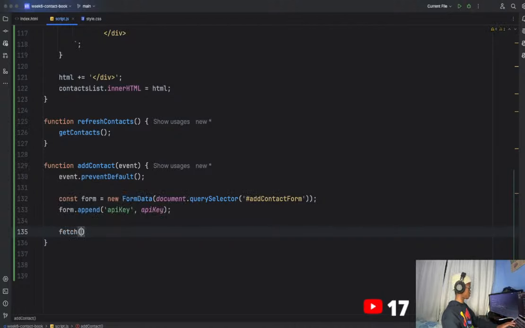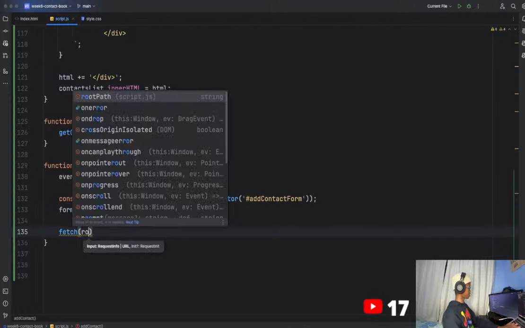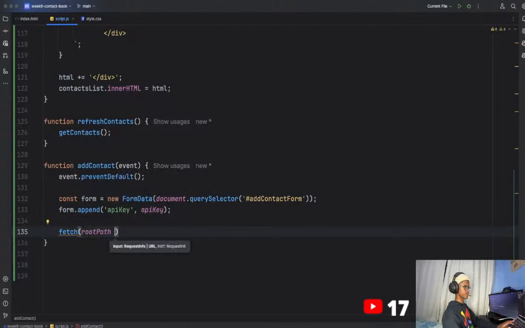So what now we'll do is we'll do a fetch, and we'll have the root path plus the controller forward slash insert